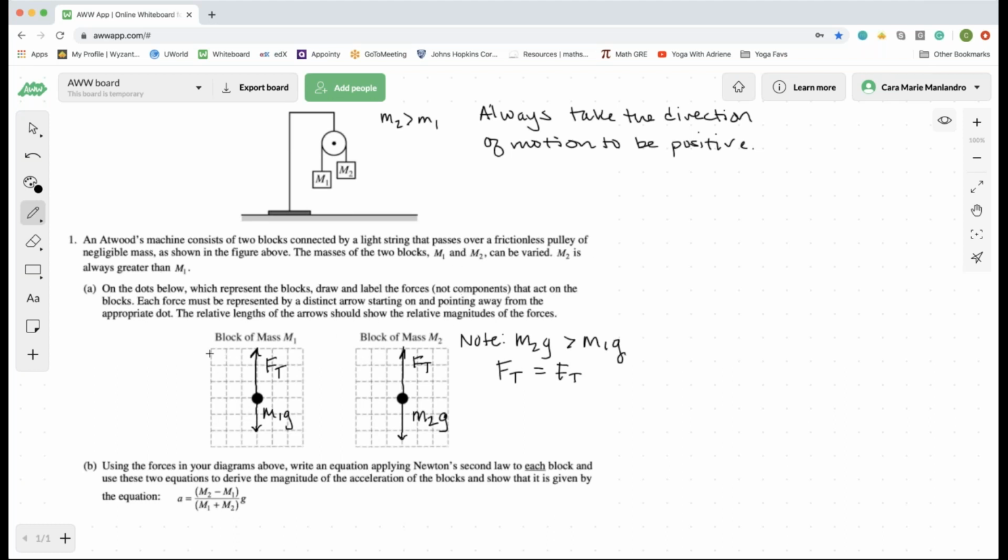All right, and so let me just make one comment here. The tension vectors, I should say the magnitude of the tension vectors, is the same because this is a connected system. All right, there's nothing interrupting the tension vector. All right, this may not be the case if we had a frictioned or a massful pulley, but this is the case when we have a frictionless massless pulley. Okay, so everybody good on part A?